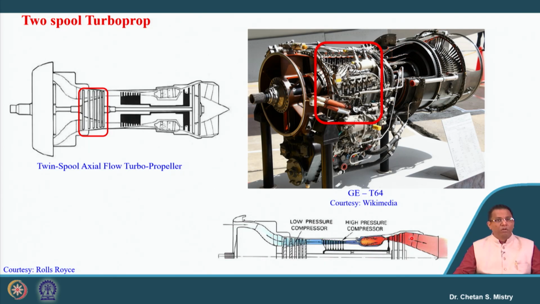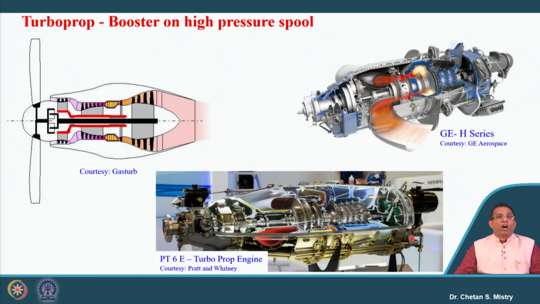Okay. Now let's look at what all the other possibilities are. Here in this case, what we have discussed is what is configured. People used to say booster on HP pressure spool. So here in this case, this compressor we can define as an HP compressor, and an LP compressor, as we have